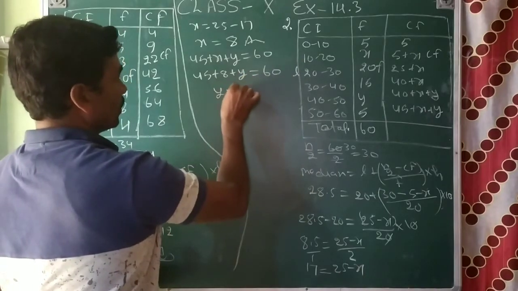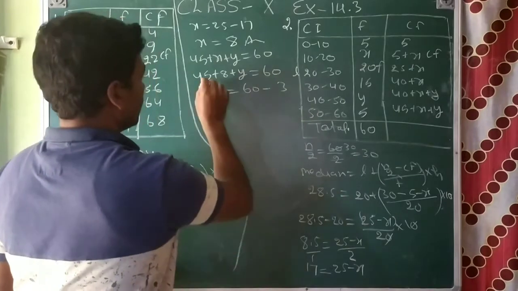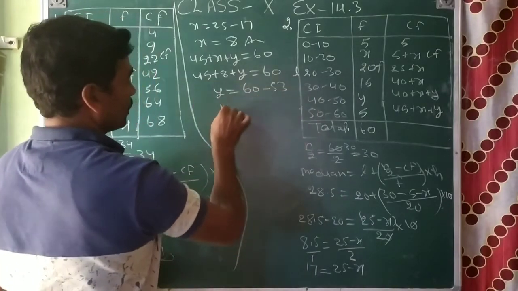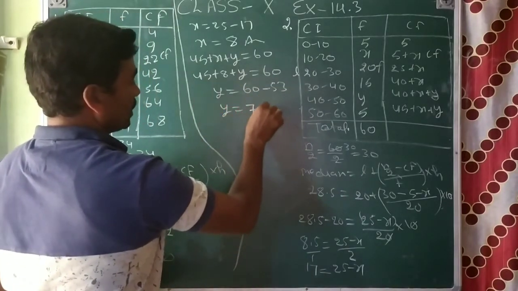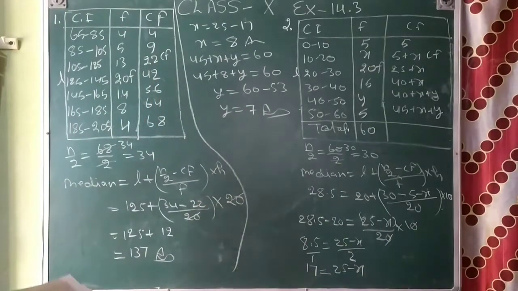So y is equal to 60 minus 13 and then 5. So y is equal to, that is 7. This is the second answer. And then you will see